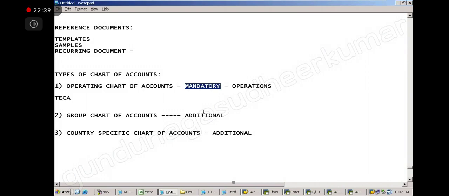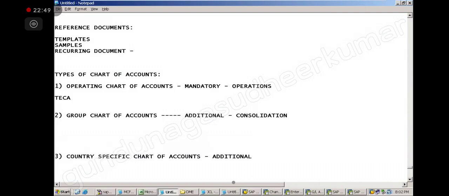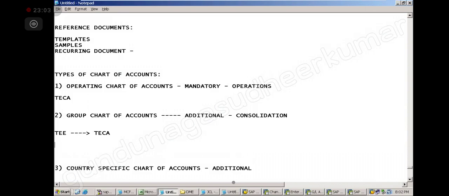Next, the group chart of accounts is used for consolidation purposes. You know what consolidation is? Grouping. Suppose I have my company code, CEE. For CEE, I have one chart of accounts.